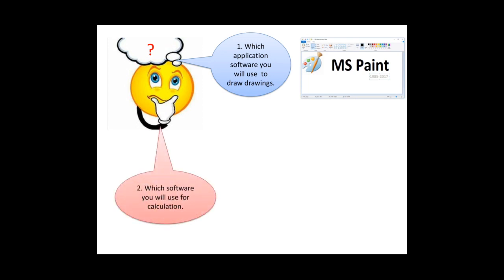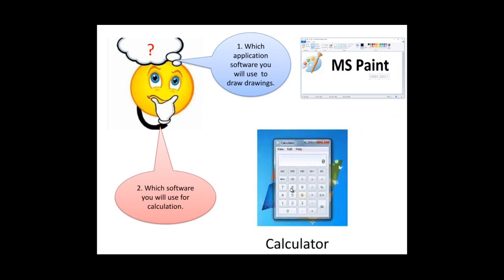Then Smiley is asking which software you will use for calculation. Calculation on computer I am talking about. If you are working on computer and there is some big calculation that you want to do, as till now you have not used Excel, which is a software for calculation part, what option do you have? We have an option of computer calculator. So there is a calculator in computer as well. So we use this software. Now these are designed to do a particular task.